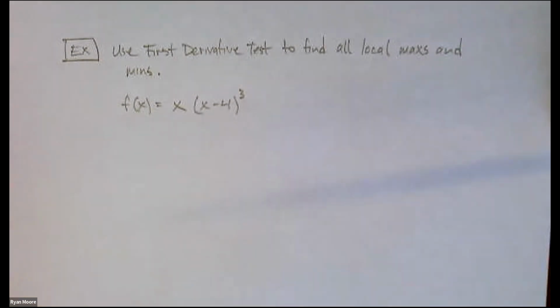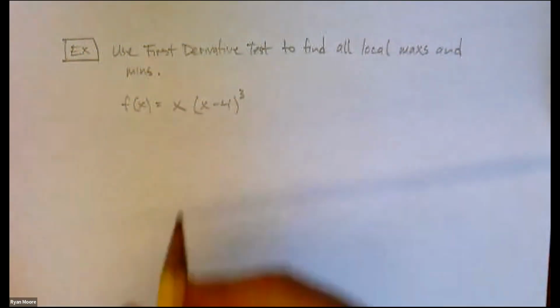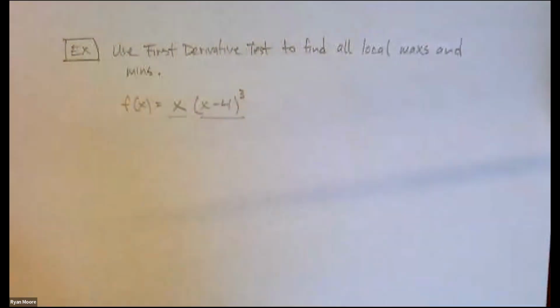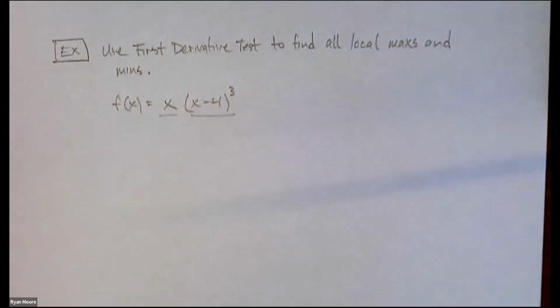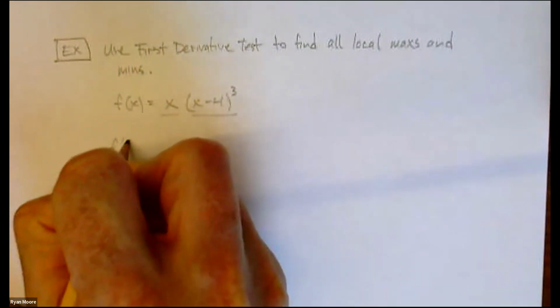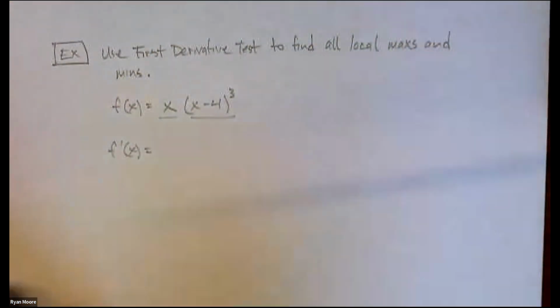Okay, first thing, right? We're creating that chart. We need the critical numbers, which means we need a derivative. How are we going to go about this derivative? Let's use the product rule. Turns out using the product rule here will be much faster to get those criticals than it would be, say, to multiply it all out. Okay, using the product rule, we'll see why that is. It comes down to the factoring when we set it equal to 0.